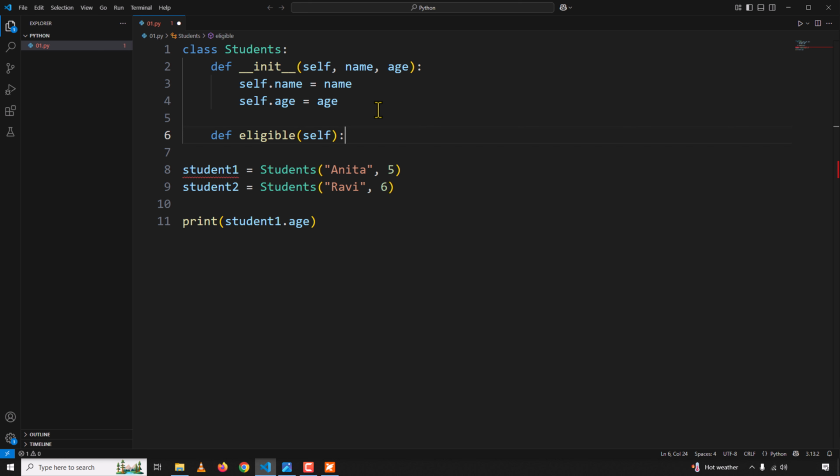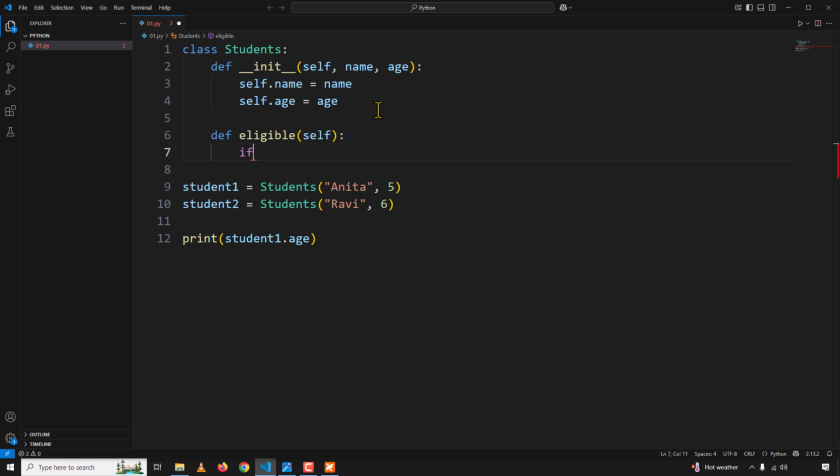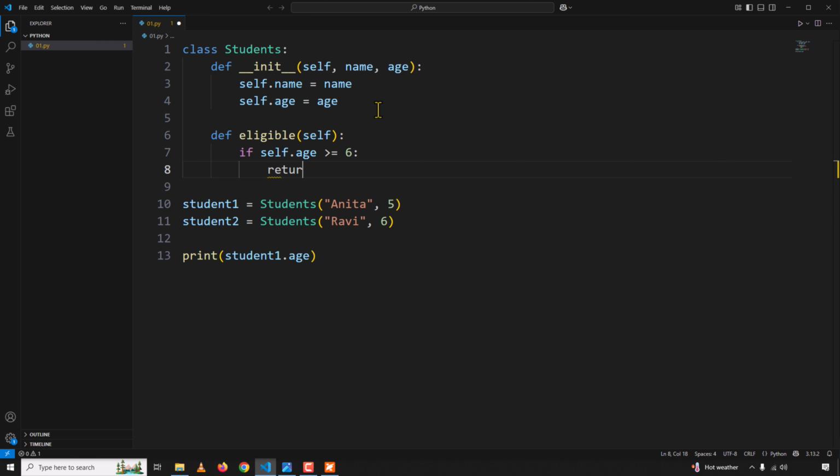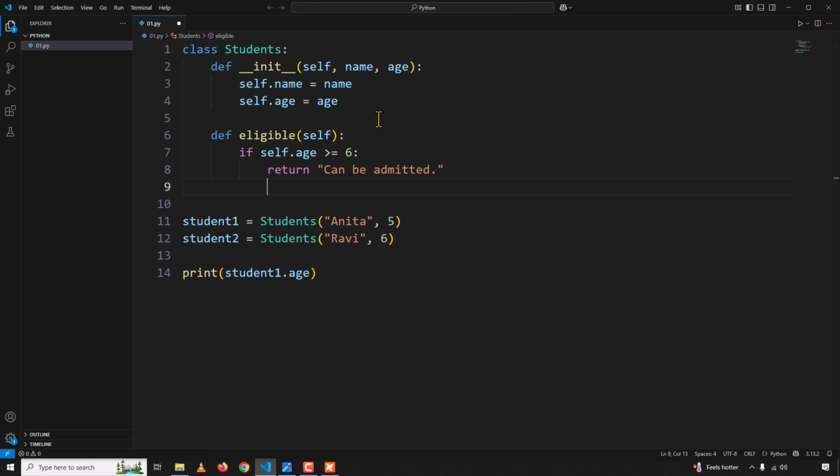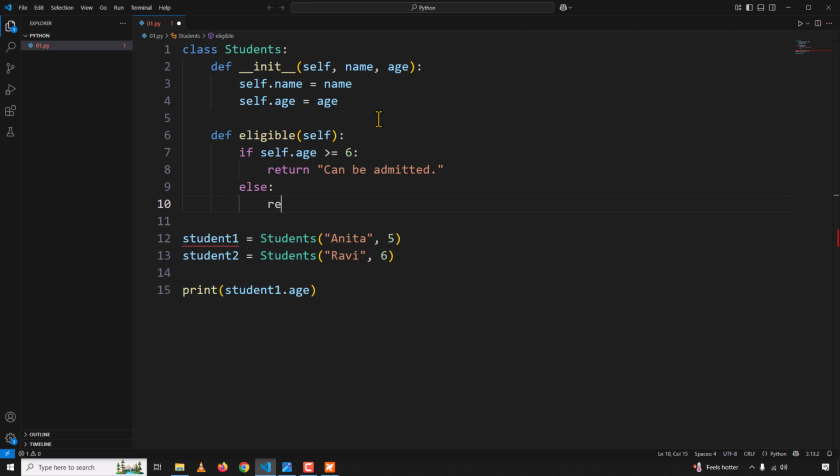Now I will write a few lines of code and then explain what I want to do. All right. I will say if self.age is greater than or equal to 6, then return can be admitted. All right. Else return